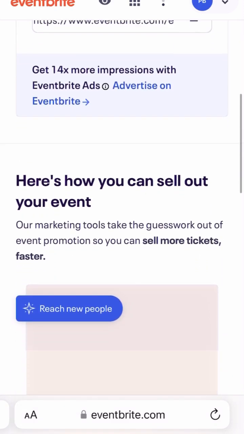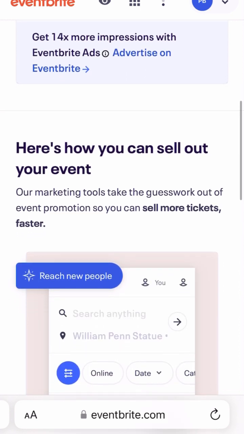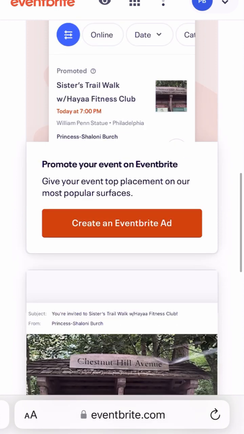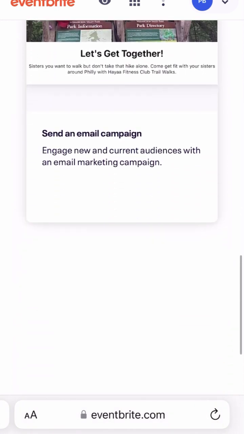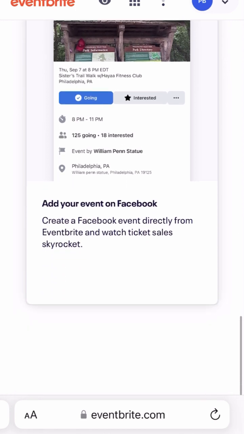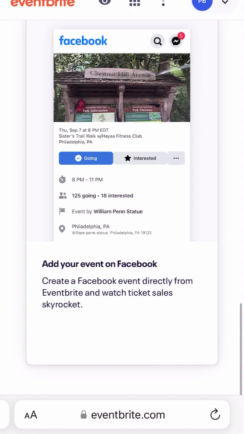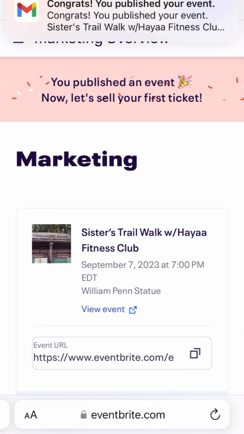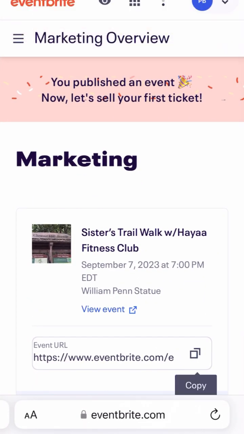Now this page right here is saying marketing. And this is saying marketing because there are a few different things that Eventbrite actually allows you to do on their own website to market. So you can do emails, an email campaign. You can add the event on Facebook, of course. But paid things will include that email campaign, and also you could create a, what is that thing called, Eventbrite ad.